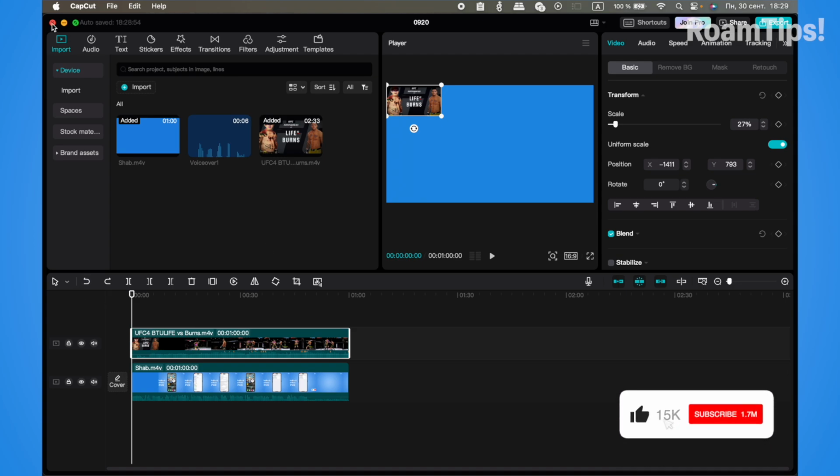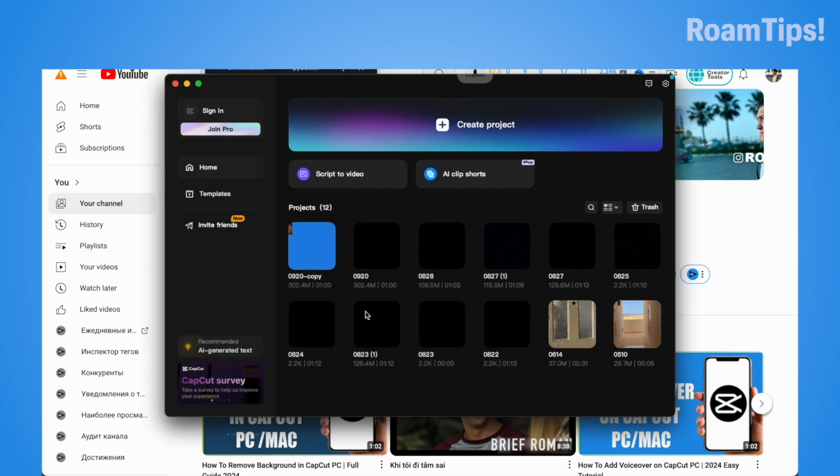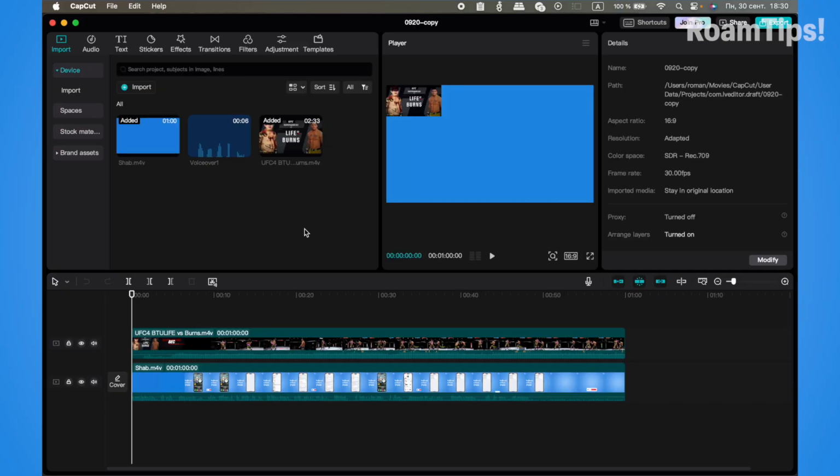Alright, close the project. On the home page, find the project you want to edit. Click the three dots, select duplicate and create a copy of the project. Open the copy. Now you can edit the project in the copy, or if you need the original project, just open